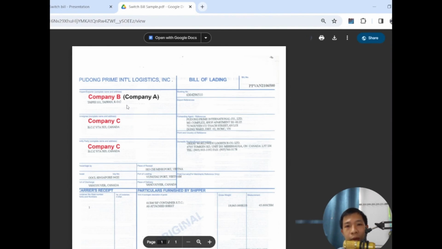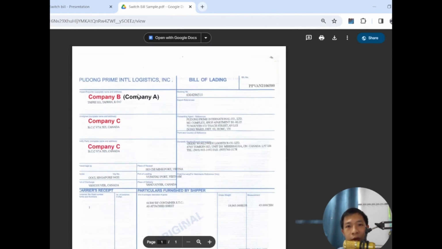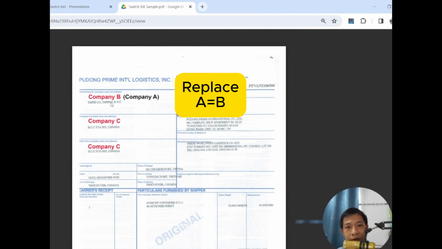To describe the model just presented in part 1, you can see here, isn't Company A the manufacturer? So originally on the shipper section, the shipper or exporter should be Company A, right? Here Company A is crossed out. We remove Company A and put Company B in the shipper section, which is in Taiwan, and for the consignee section,